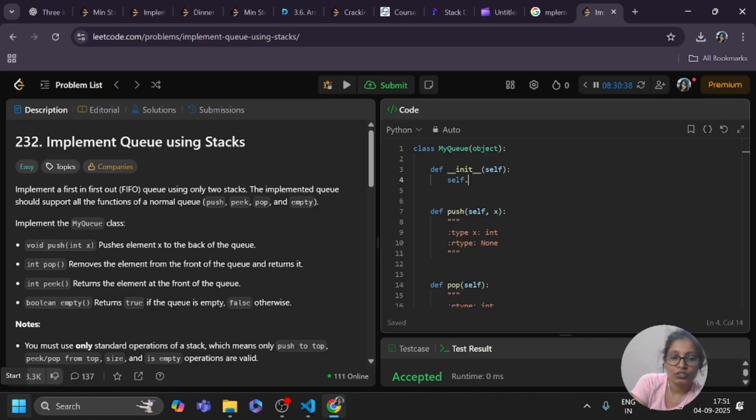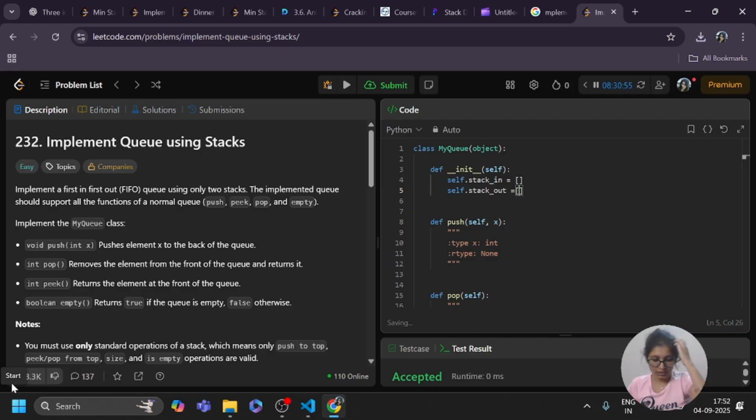Self.stack_in and here self.stack_out equals to empty lists. These are the two stacks.